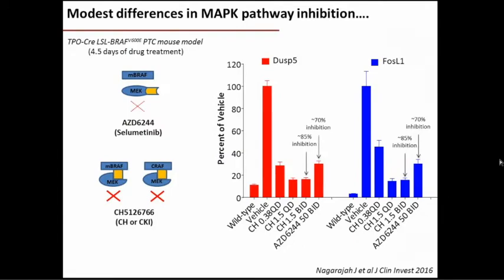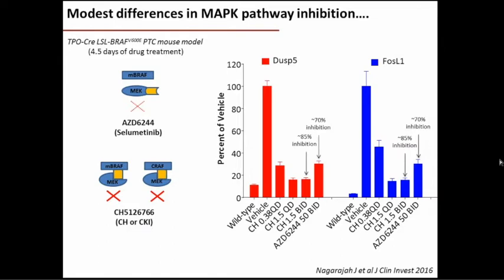Here, what you're looking at is the percent of vehicle. So essentially, this is the BRAF mutant papillary thyroid cancer treated with vehicle. We call this 100% expression of these two genes. And looking at various doses of the Chugai compound and then the maximum dose of selumetinib. When you treat with selumetinib, you get roughly a 70% inhibition of the pathway. When you treat with a dual inhibitor, a RAF and MEK inhibitor, you get an additional decrement of another 15%, so